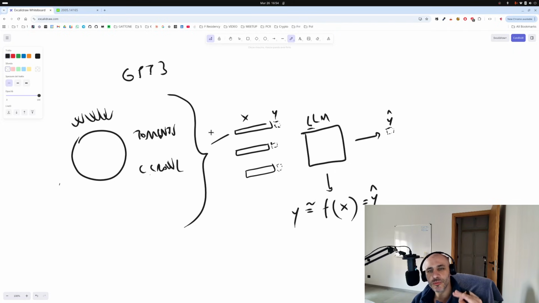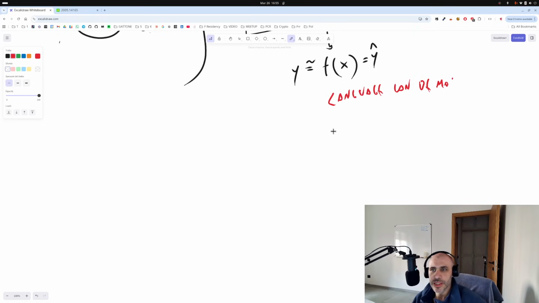But the main point of GPT-3, the reason why in 2020 the whole scientific community was absolutely stunned, was because language can be modeled. Sorry, I'm going out of the script.